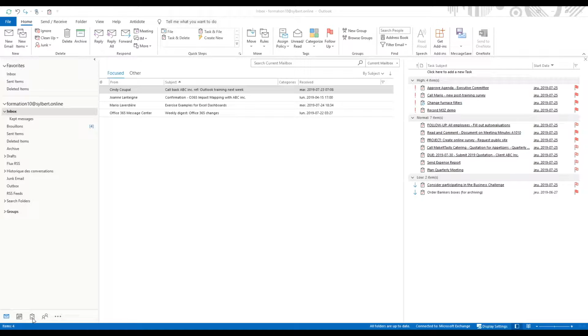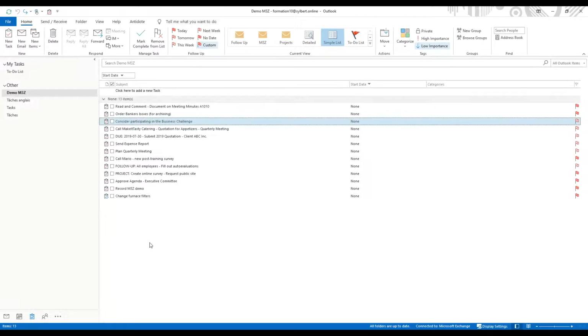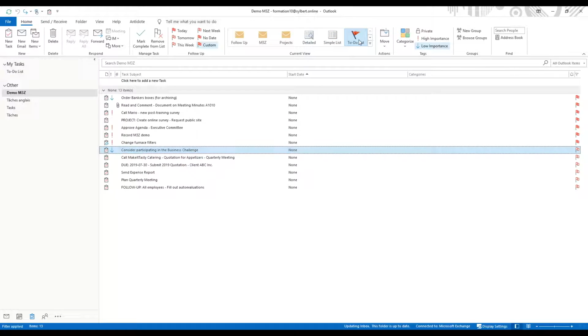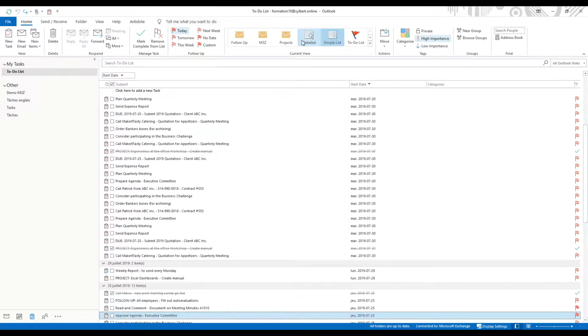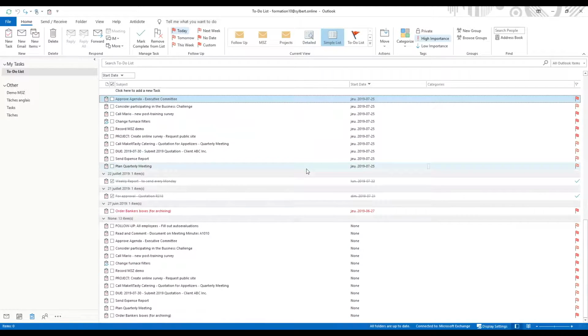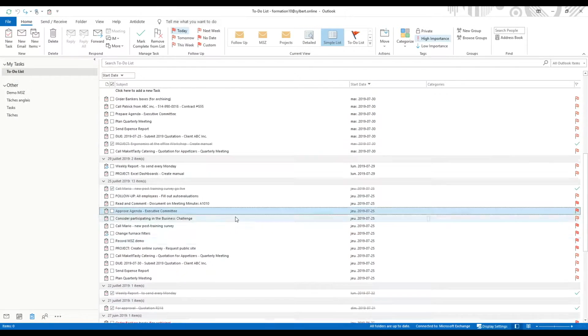If I go here in my task folder, I will show you the regular list of tasks that you would usually find in Outlook. Usually the default setting for Outlook would look something like this. You would get a huge list of tasks, some red stuff in there.